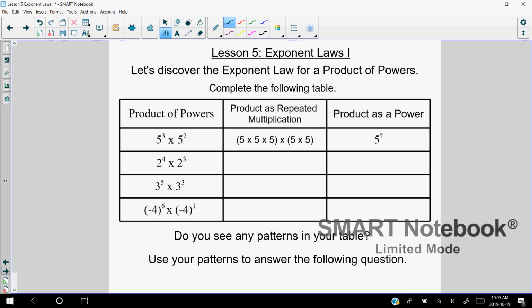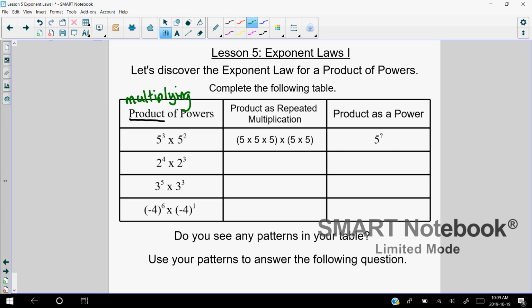So here's lesson 5, exponent laws. Make sure you write down the title. I'm going to give you a second to write out the table if you need to. And then we're going to do the first couple together. So the first one, we have a column that says product of powers. Now product is just a special way of saying multiplying. So we're talking about multiplying